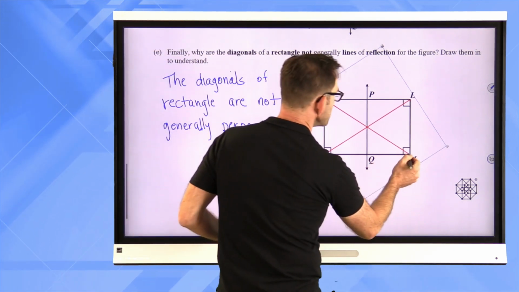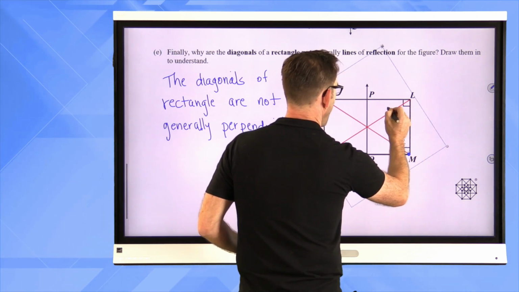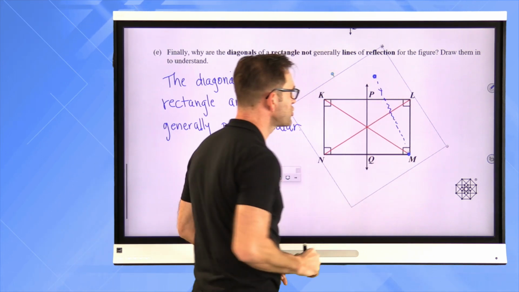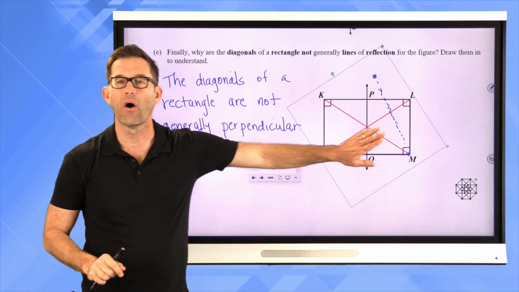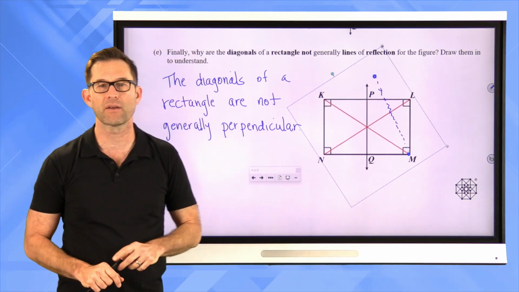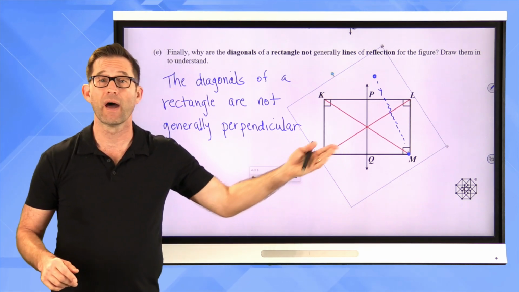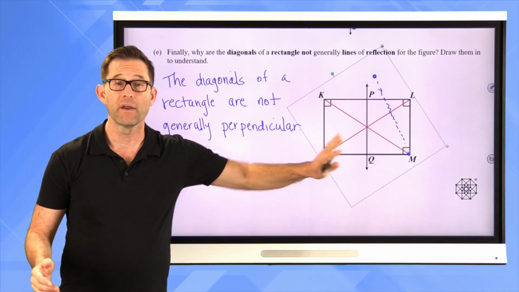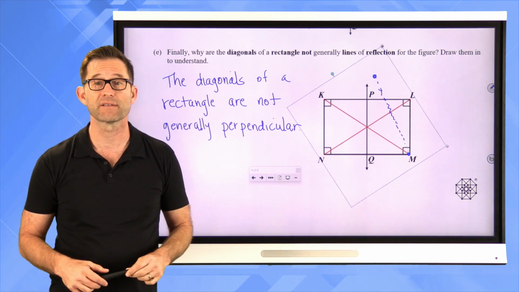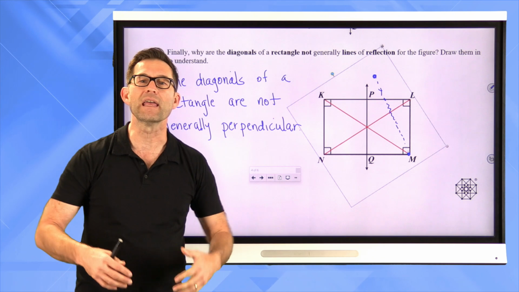Because if I just take this single point, to reflect it across that other diagonal, I have to go perpendicular to the diagonal because that's what a reflection is. A reflection always flips a point across the line of reflection in a perpendicular direction to the line of reflection. So if the two diagonals are perpendicular to each other, then of course you just reflect it across and it hits the other vertex, but not in the case of a general rectangle. Now, I keep having to say in general,